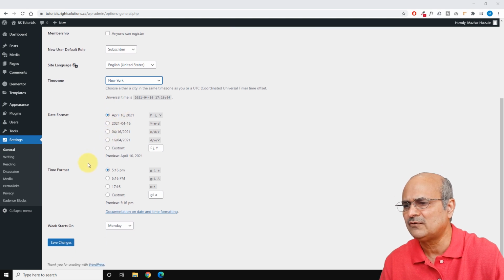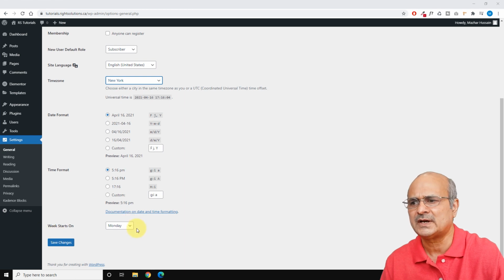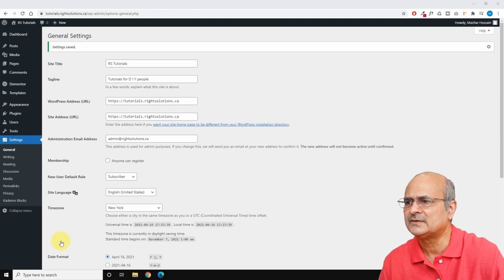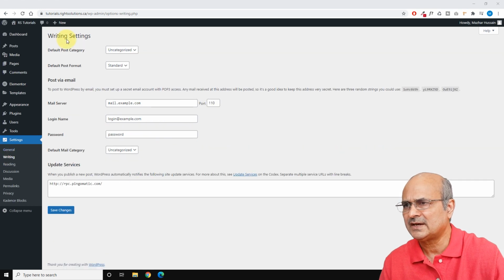And you can change the time format if you want. And at the same time, you can choose whether your week starts on Monday or Sunday, since in a few countries the week starts on Sunday. So you can just change it according to your region. And after you're done with all this, click on Save Changes. And when the setting is changed, next go back to the settings and click on Writing,